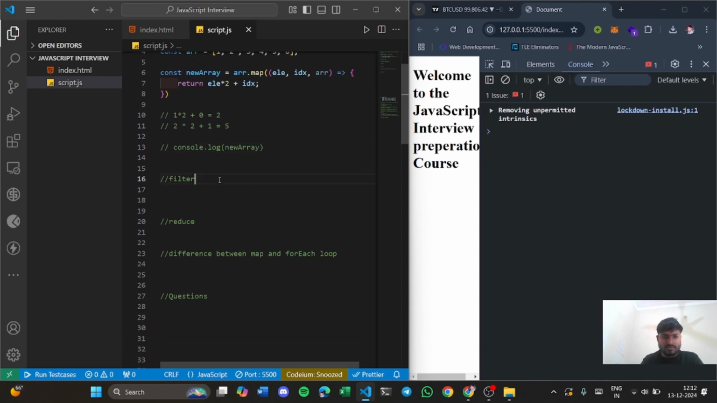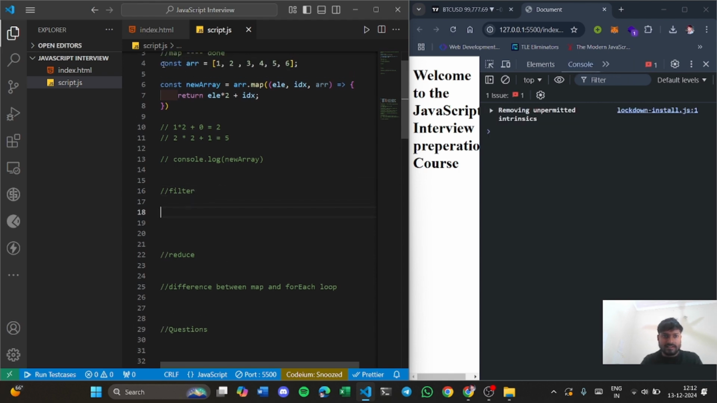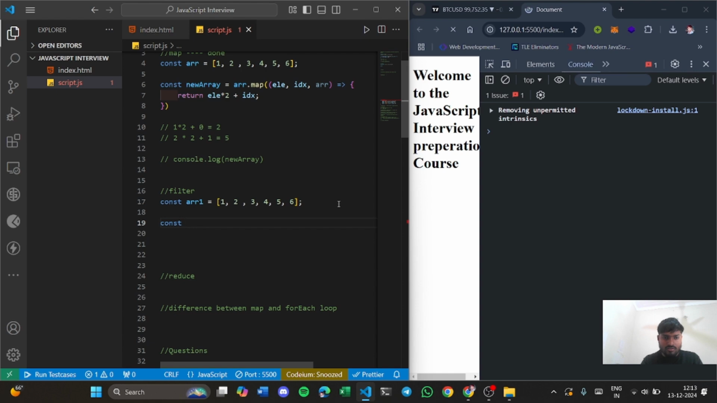Now there comes the filter. Filter is also an array method, and it also returns a new array, but it filters out the elements based on certain conditions. Let's take the same example of this array. Let's name it as arr1. Now since it returns a new array, we need to store it in some variable. const